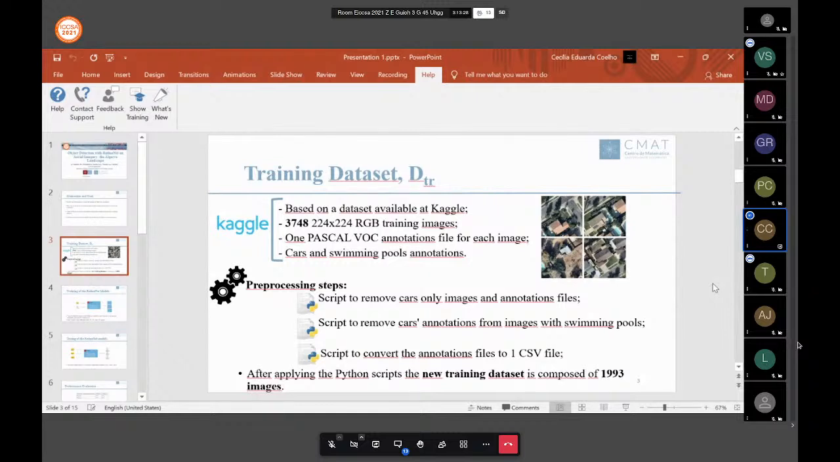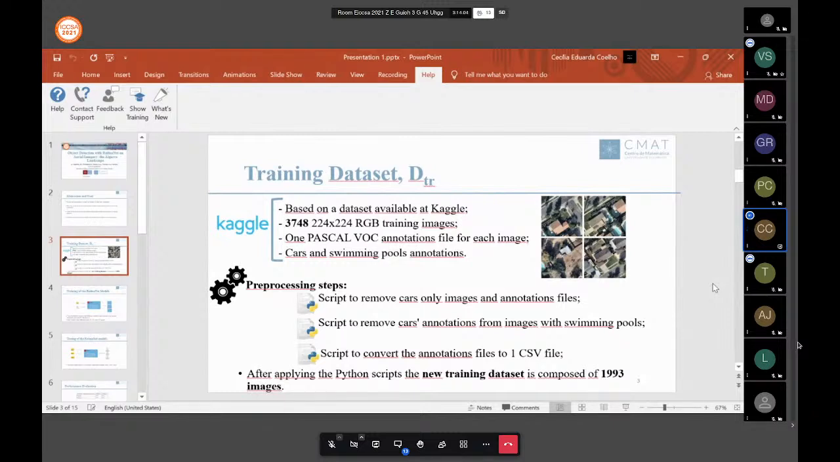So we developed 3 Python scripts to do that. One, to delete the images that only contained cars and their correspondent annotation files. A second one, to remove the annotations of cars from images with swimming pools. And a last one, to convert all the annotations files into a unique CSV file. After applying these pre-processing steps, we got a new training dataset composed of